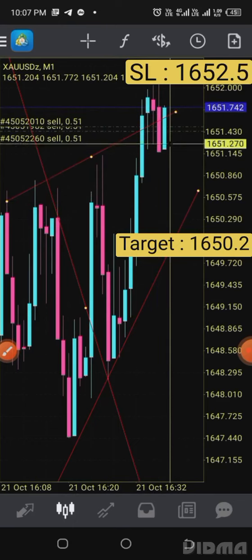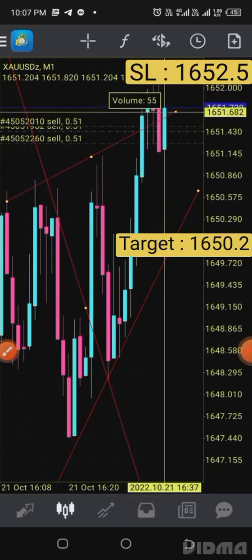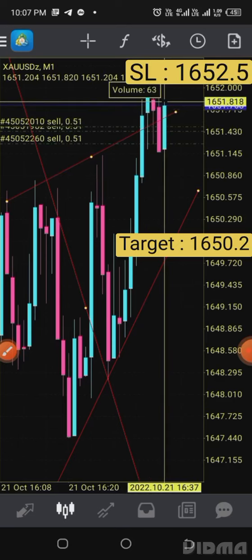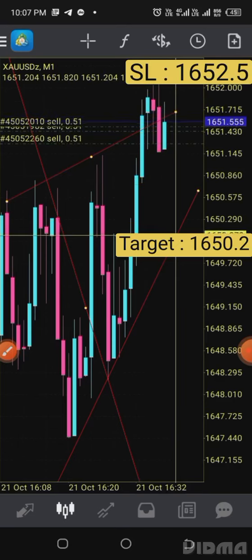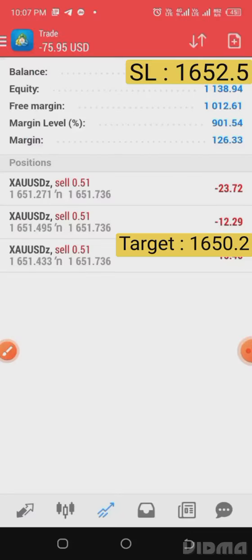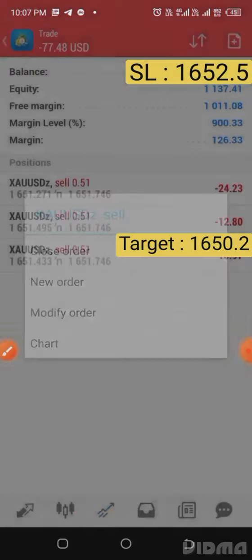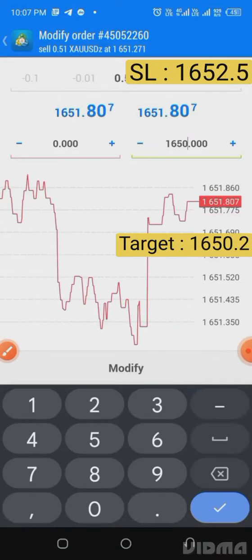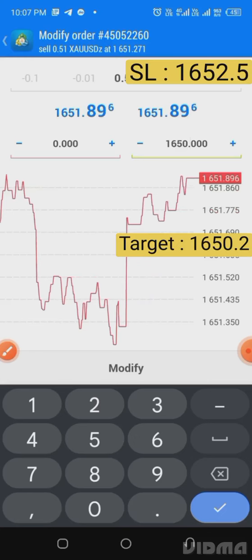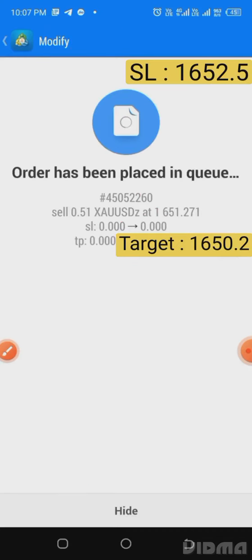Just wait. If it is rejecting, it is a sharp fall. Now it is rejecting from the upside. It is a very sharp fall within hardly 2 to 3 minutes. Now we are able to see $77. Now we place the target of 1650, I think, we just place the target of 1650.2